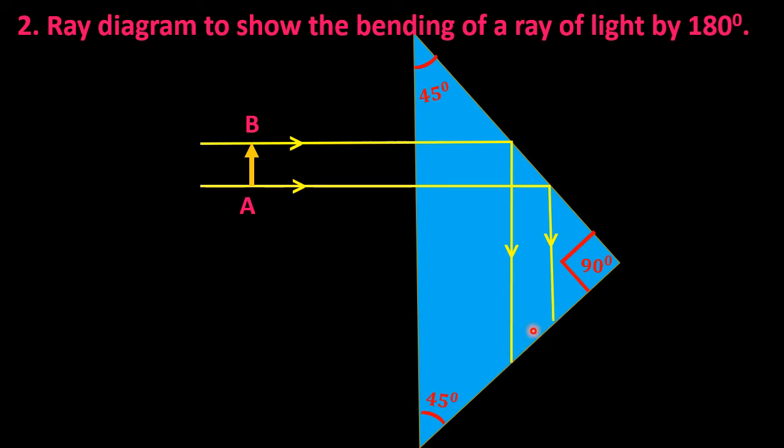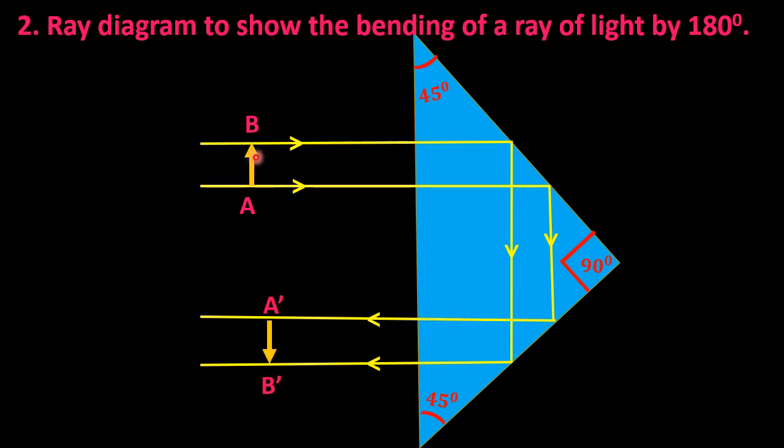So here too these two rays will suffer total internal reflection, and these will be the outcoming rays from the prism. Then the ray has been inverted and it has been bent by 180 degree. So in this way we can bend the ray of light by 180 degree. In our previous case, the light suffers total internal reflection only once, but in this case there is a total internal reflection here, and here also. So the light suffers total internal reflection twice.